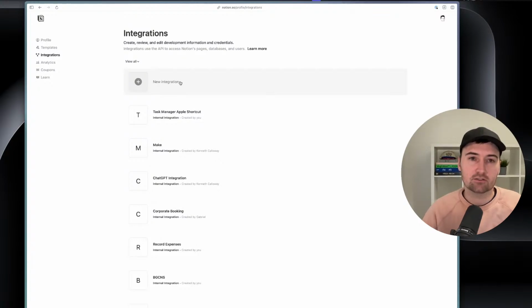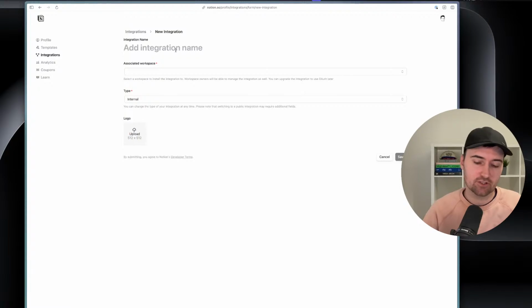And if we click on new integration here, call this integration whatever you'd like. So you could call it something like Task Manager, then type in and then just choose internal there. We can add a logo if we want to make this a little bit more recognizable when we go to look at our list of connections and choose this integration, but we can just leave that blank as well and